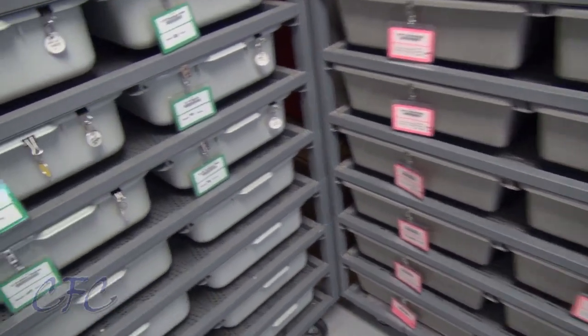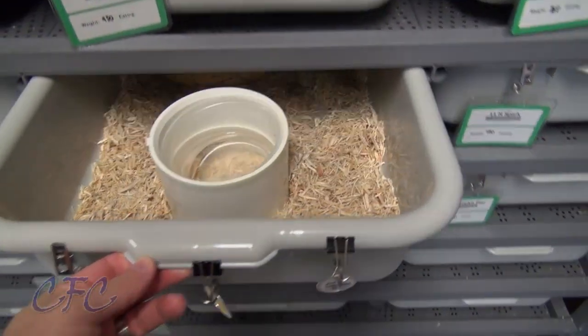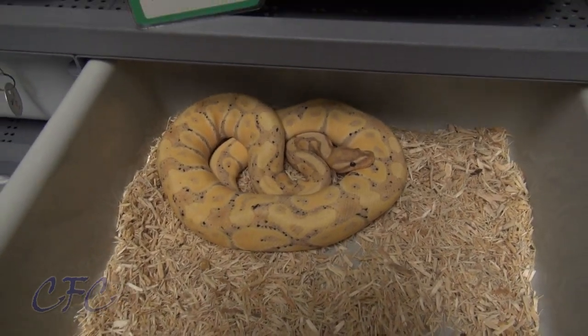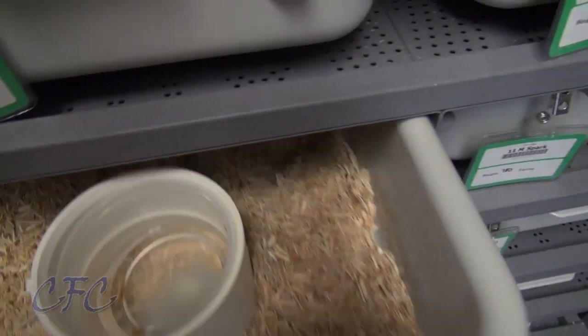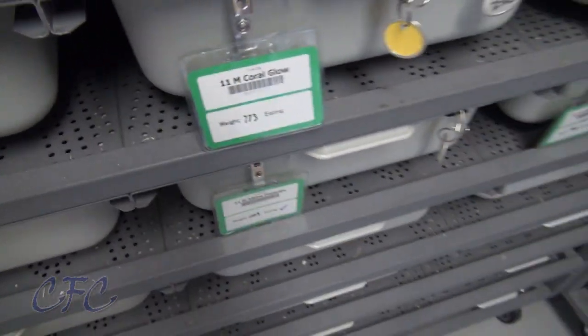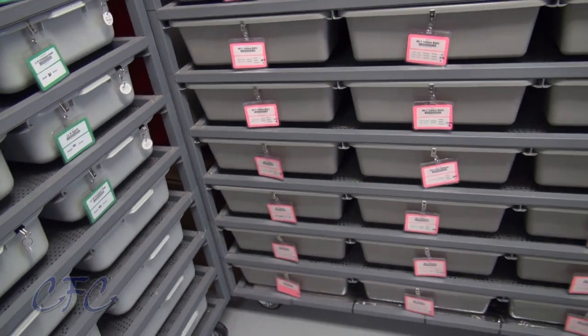He's doing good. He's currently in shed, just starting. But yeah, he's looking good. He's eating. Well, he was eating. He's stopped, but he's just shy of 800 grams, so he's a good weight. The Orange Dream,